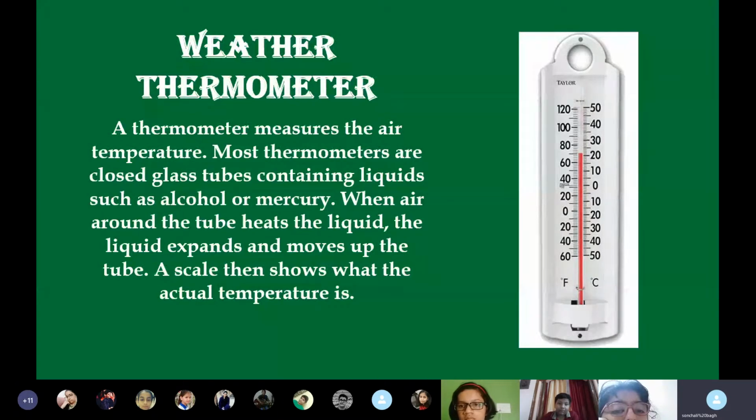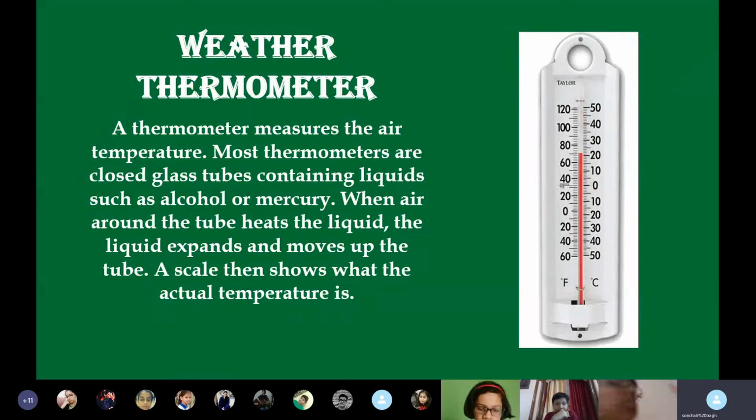Which basic point have you missed? To state the difference between a weather thermometer and a normal thermometer. Come on, tell me which. It has alcohol or mercury also. It contains chemical also. And right, the basic difference is a weather thermometer can use alcohol or mercury, but in a normal thermometer, be it a clinical or a laboratory thermometer, there is always mercury.